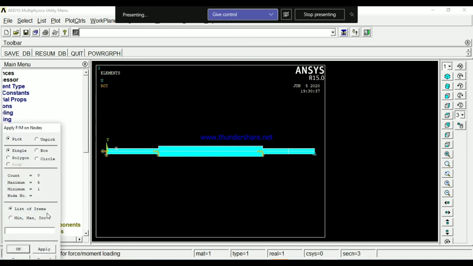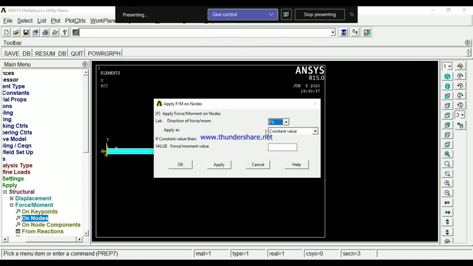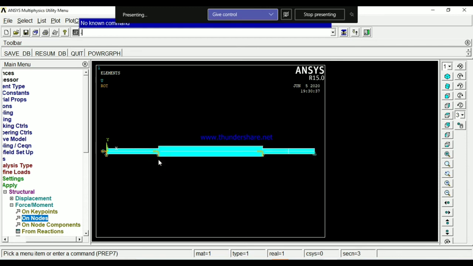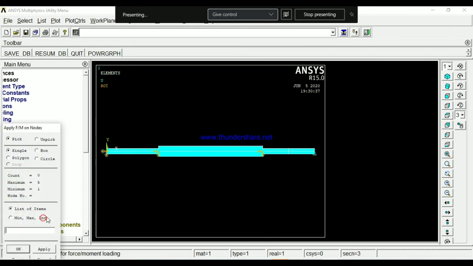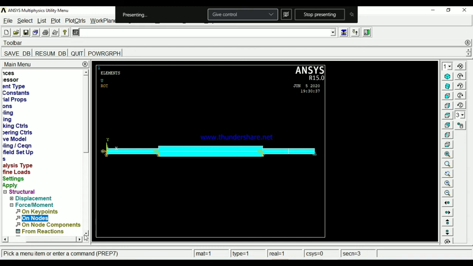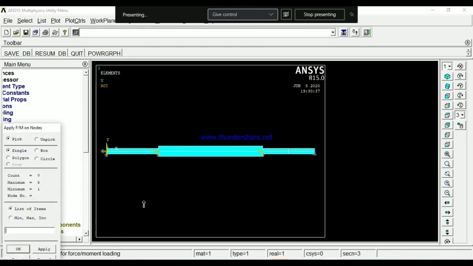There is one UDL load and another is a point load. The point load here is at node number 4. Select node number 4, then apply. Which direction? This is given in the negative Y direction, which means downward. Sorry, by mistake it is gone. So wait, raise it. Node, select and apply.